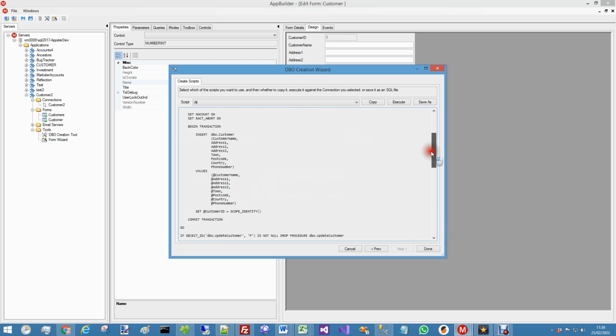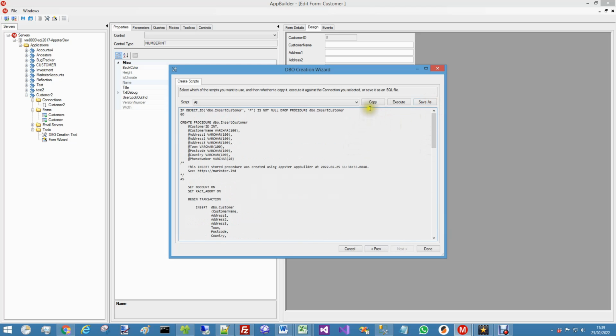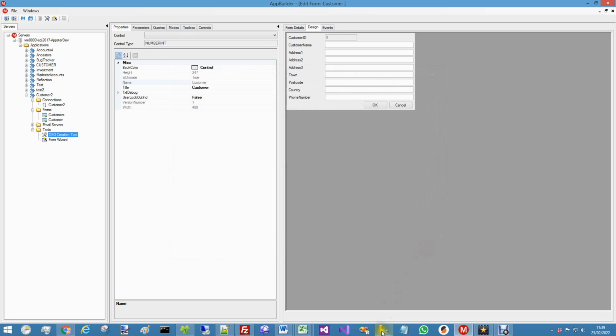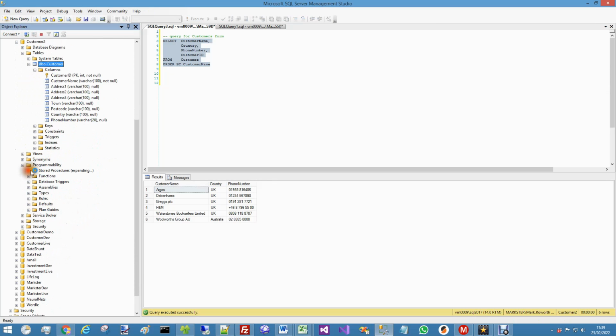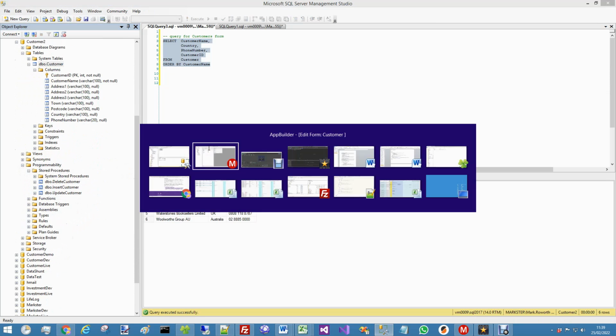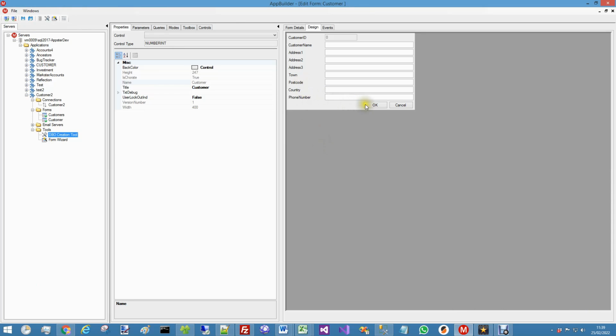Not particularly complex. You can copy the code out, add to it if you want to insert created date times as part of the SQL, or pick up the user's name from system user or whatever, or you can just execute it. So if we go back here, we can now see we've got insert, update and delete customer. So on our OK button,